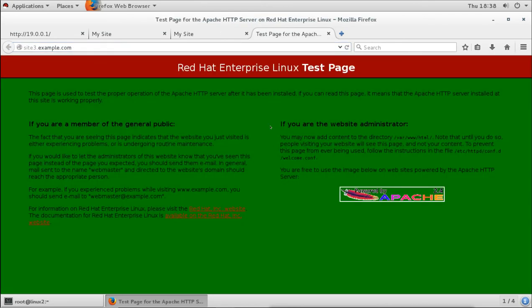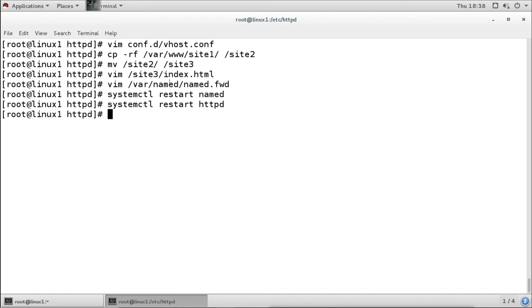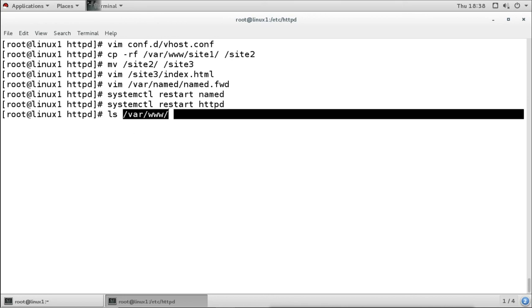Now why is it showing the welcome page? Because it is not able to detect the document root directory. This is happening because we created the directory in another location, directly under slash, and that location is not shared. In the main configuration file, all the directories inside this directory are shared because it is mentioned in the configuration file.